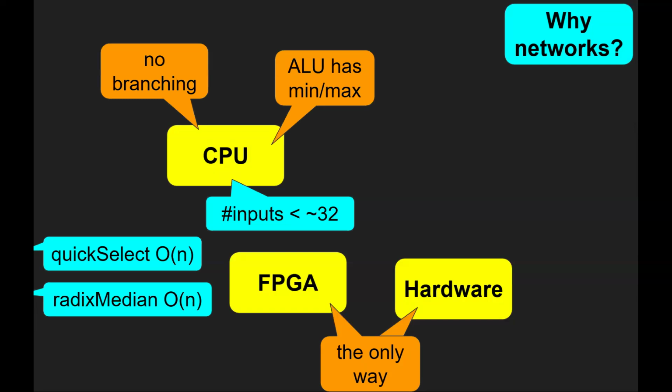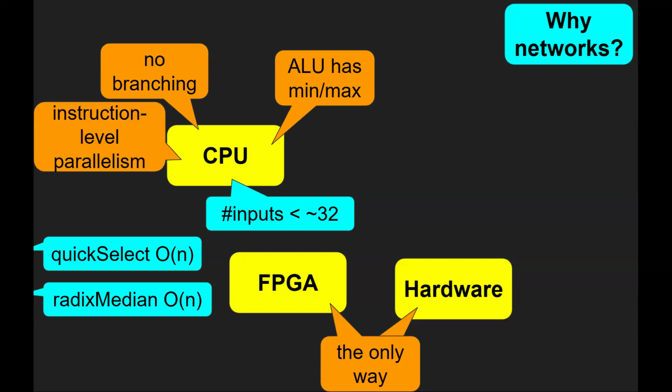So there's no branching. You don't have to say, if this value is larger than that one, I do this, otherwise it's that. If you don't have branching, you don't have branch mispredictions. So your CPU is doing all the pipelining you can do, right? But also you get instruction level parallelism. You can do SIMD if you want to compute multiple medians at the same time. All of this is very smooth and nice, and the CPUs behave really, really well for that. So that's really great. And so it blows any of these algorithms out of the water for small numbers of